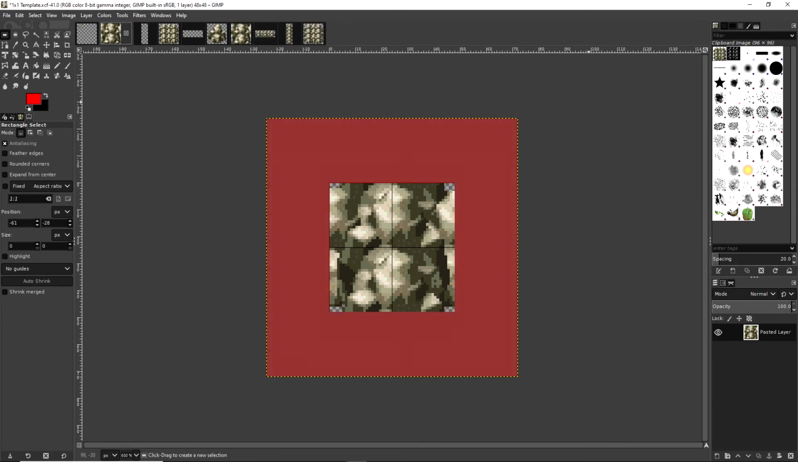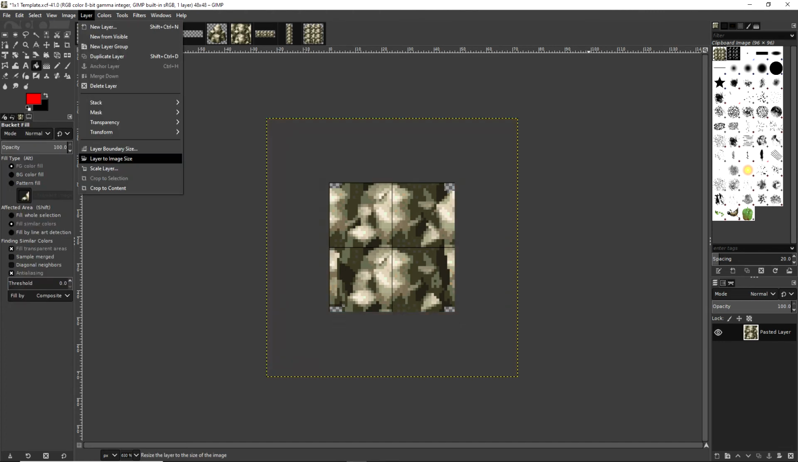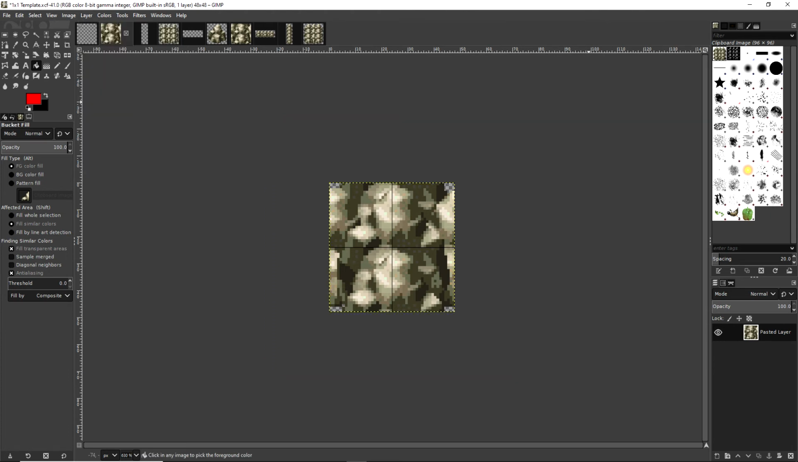What we don't want is all that overlapped content outside of the tile's viewable area. It's all still there, so if we were to grab a copy of this tile now, the rest of the tiles overlapping the edges will come with it. Click Layer and then Layer to Image Size. And it's fixed. Save this in the work folder as